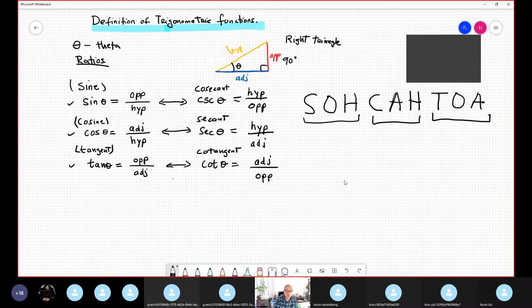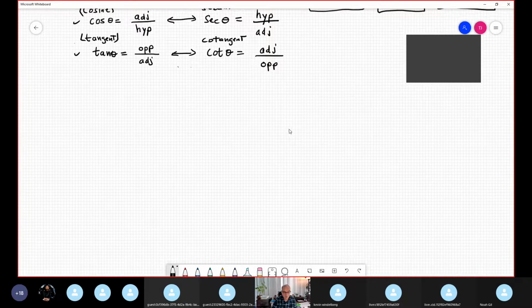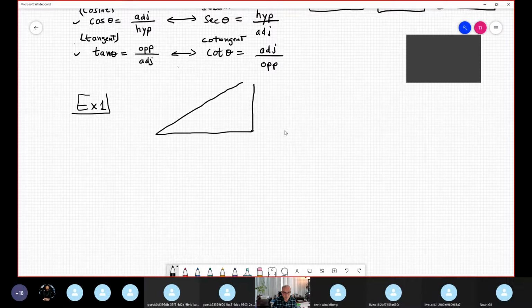Example 1 to understand the definition of the trigonometric functions. Suppose one triangle is given, like that. Of course, a right triangle. And this side is 24, this is 7, and this is 25. The question says, find the exact value of the six trigonometric functions. So I need to find, and this is theta,